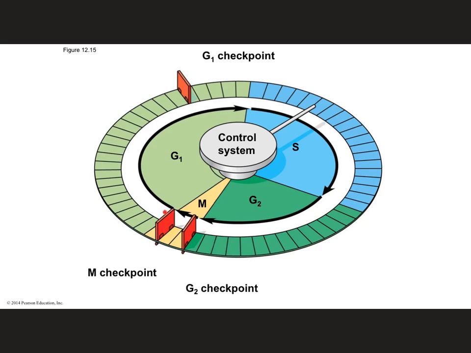And then finally, within the mitosis phase itself is one last checkpoint, the M checkpoint. And this is the metaphase checkpoint. And this is the really important one because remember we said before that there's a lot of issues that can occur during metaphase if the spindle fibers aren't all attached to a sister chromatid to pull them to separate parts of the cell. So this is going to be the checkpoint to make sure that all the chromosomes are attached to the spindle fibers and that they're oriented in the correct direction. And then once that happens, we can continue with mitosis and then eventually